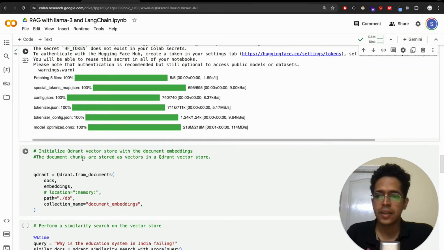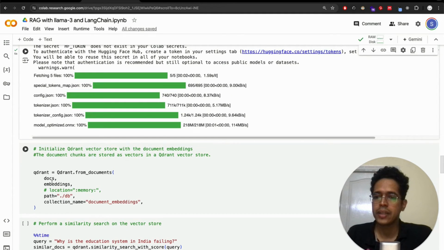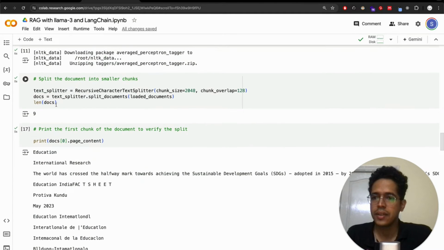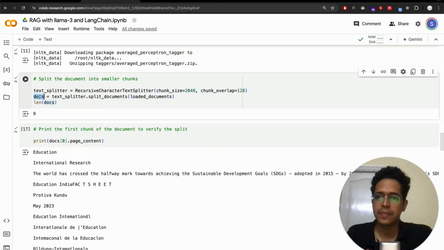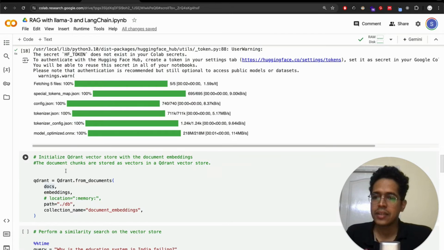Okay, this is initialized, and now we have the Qdrant vector store, and it has the embeddings of the document. So basically what we are doing is this docs which you see here, this was the markdown split into smaller chunks. We are passing that, and once we run this,